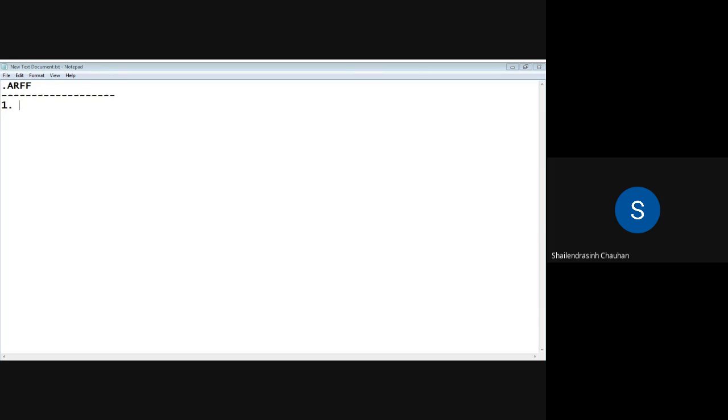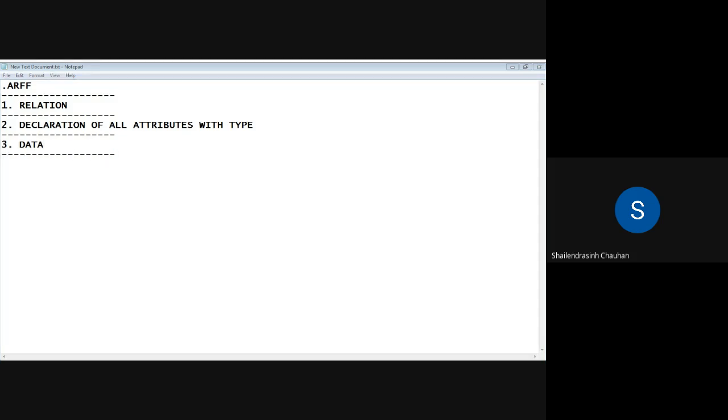First part is the relation name or declaration of relation. Second part is the declaration of all the attributes along with its types. And third part is data.